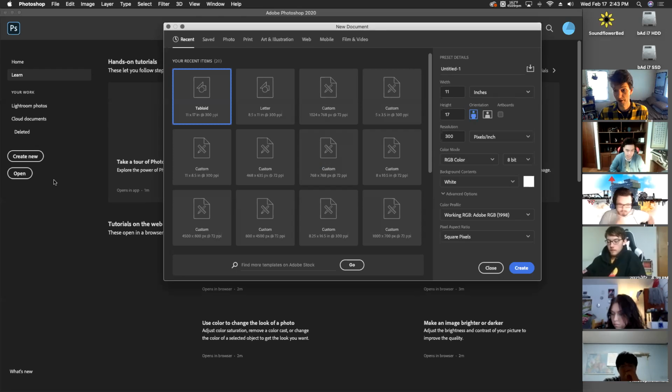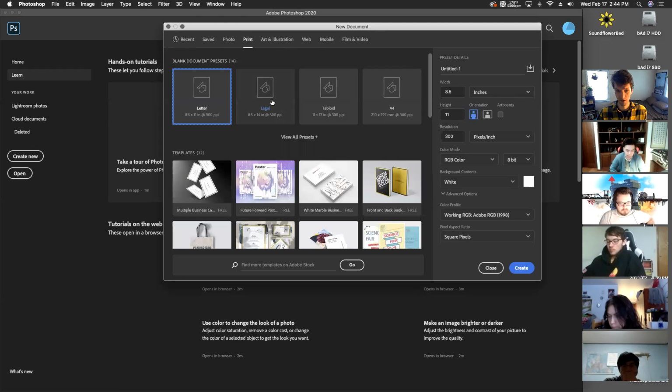If you've already started, you'll also want to check your file information. I can show you how to do that in a second. So if you haven't started yet, you just go to new. The quickest way would be to go to print and tabloid, because even though we are not printing this semester,